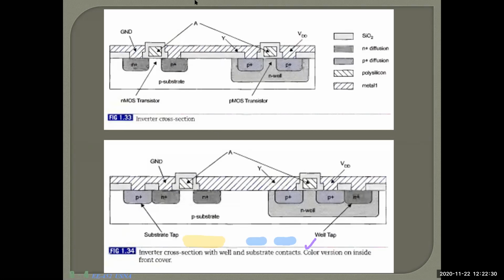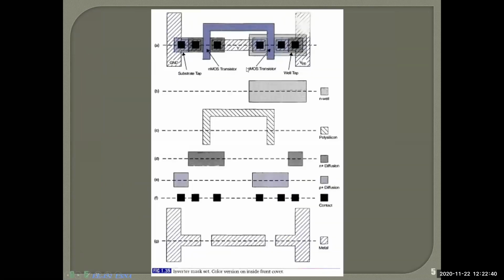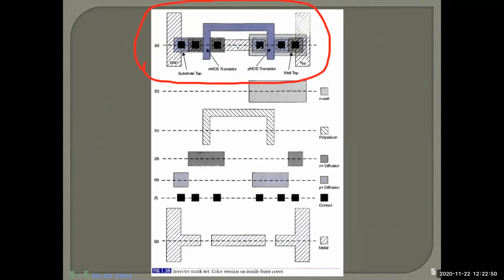So once you are happy with your design, then you can stop. Then you can give some polysilicon, the metal, everything else. Got my point? So this process is okay. By the way, this is our mask layout. This mask layout is separated into different layers. This is one layer.